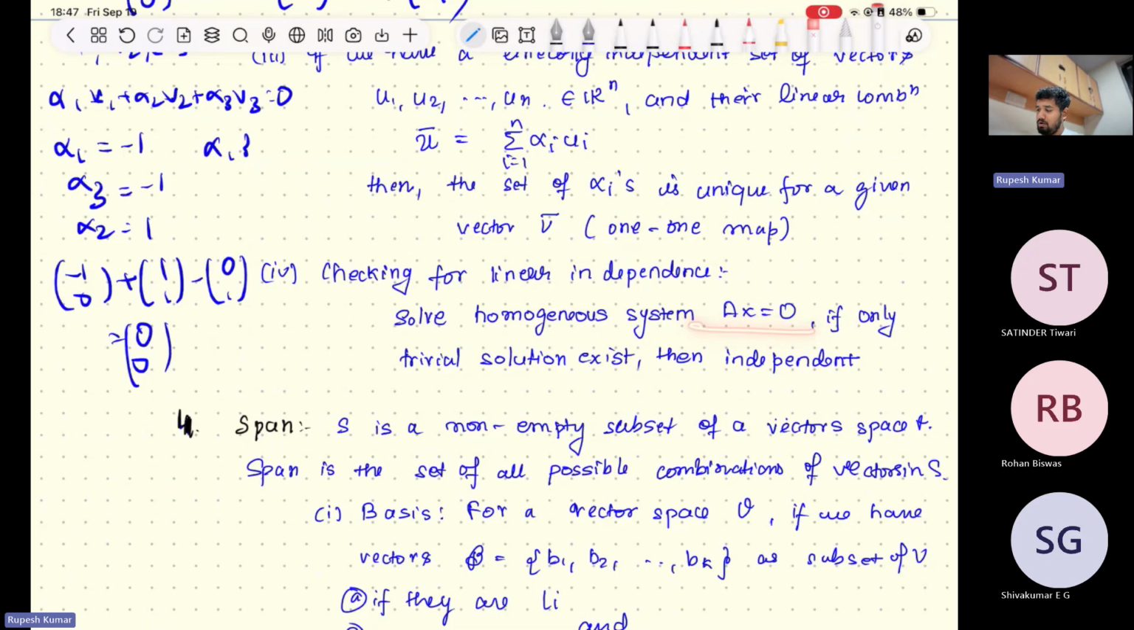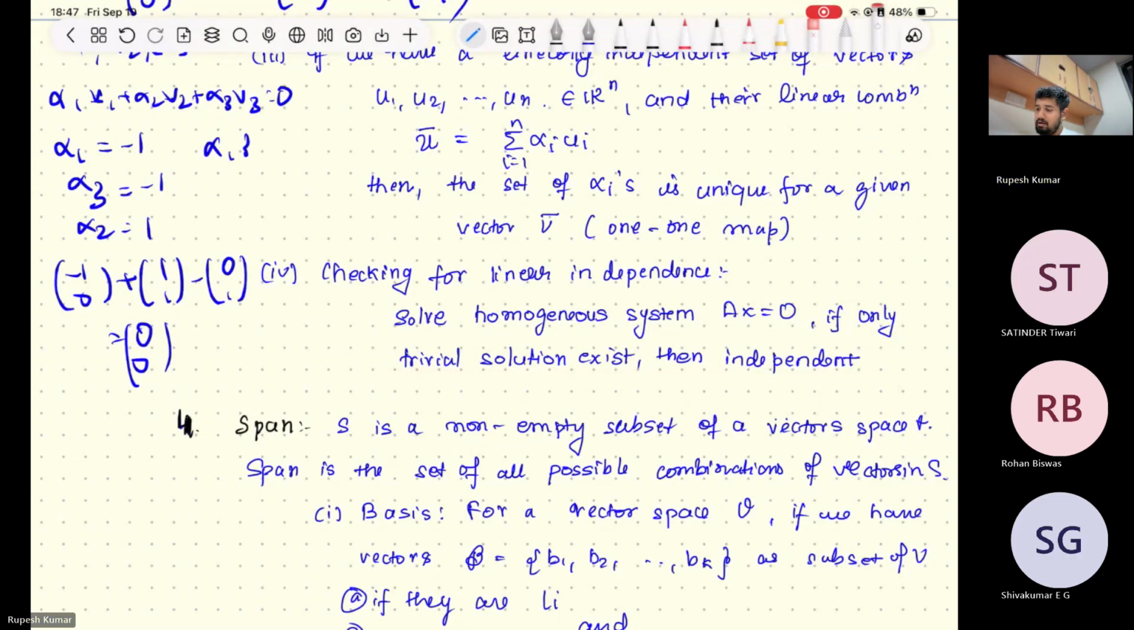Simple. Just put all the vectors in a matrix A. So you put V1 as the first column, V2 as the second column, V3 as the third column. Try to solve for Ax equals 0. If you get the answer as x equals 0, 0, 0 only, no other solution, then they are linearly